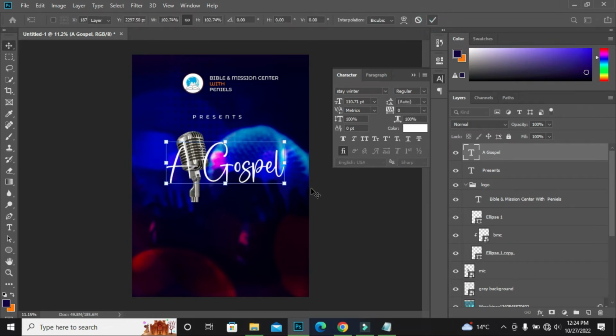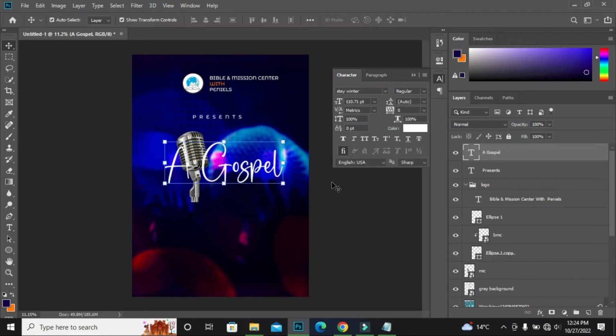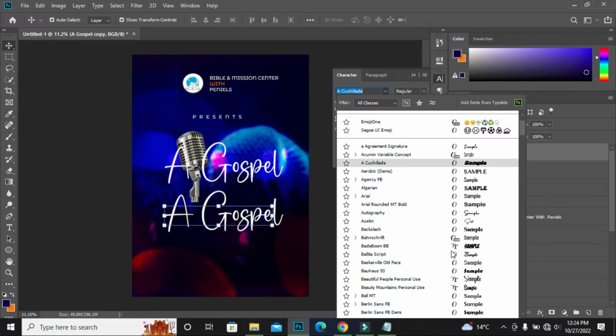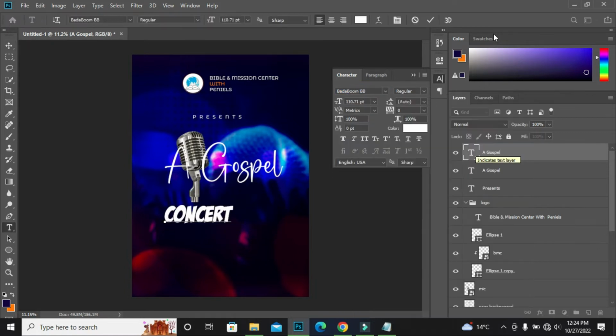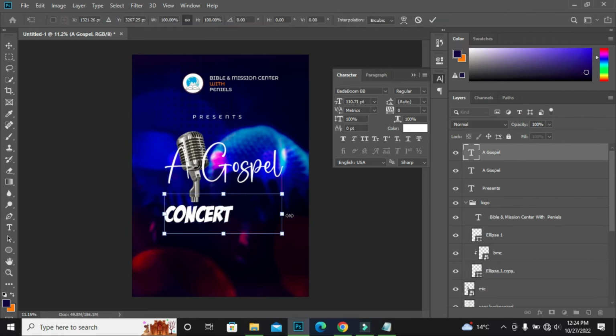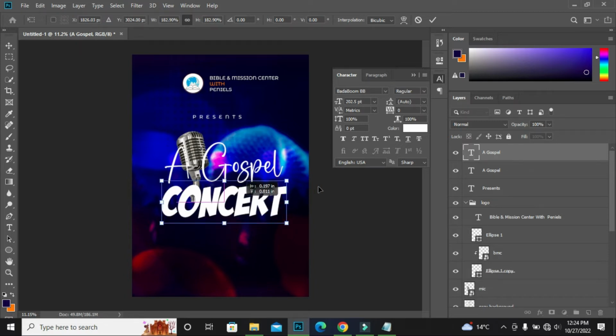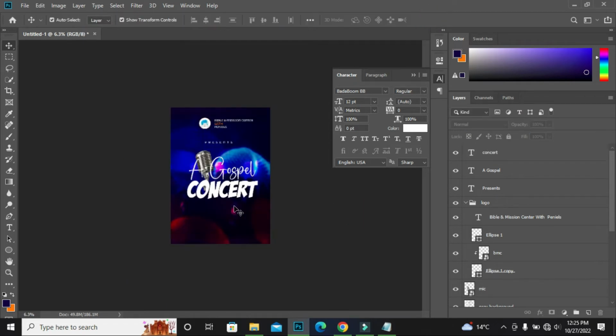Concert as gospel concert, and I have to duplicate that. Ctrl+J will duplicate that for you. Font to this pattern like this. Concept like this,